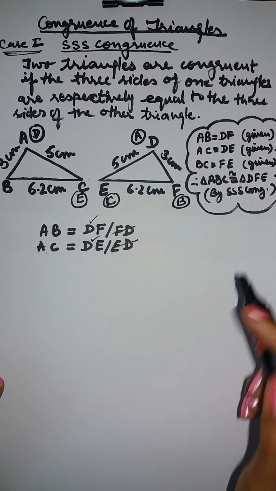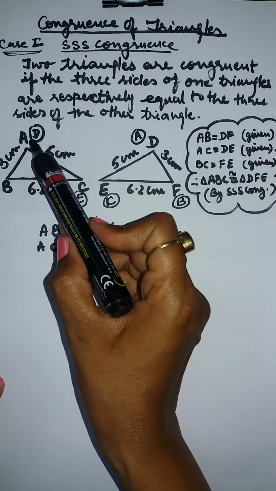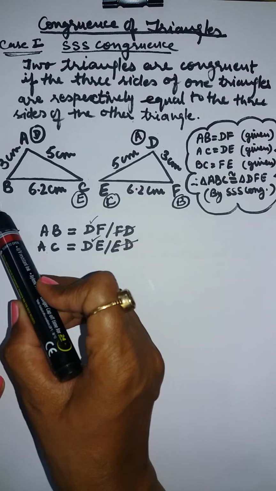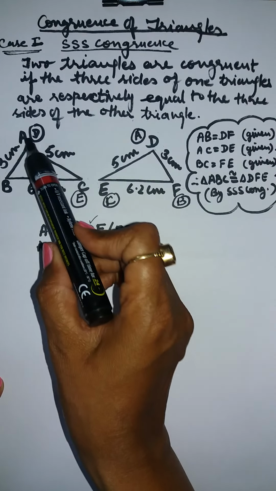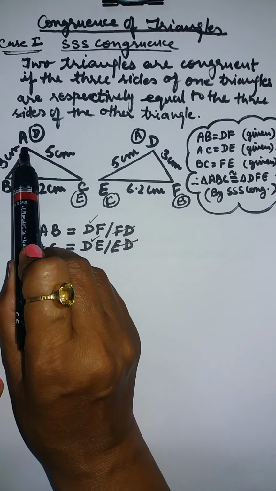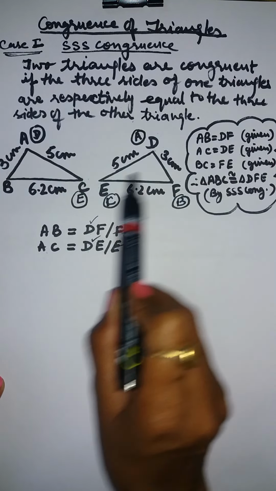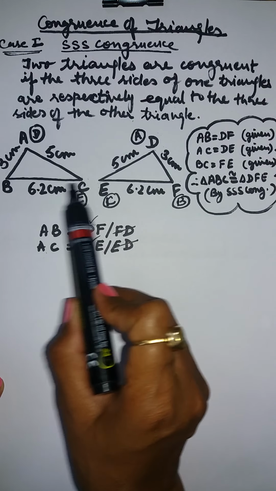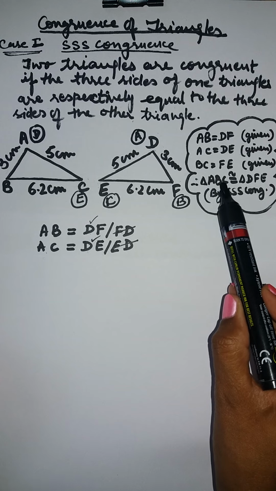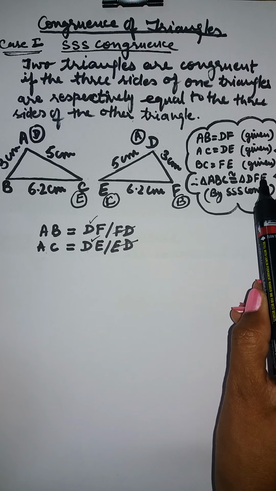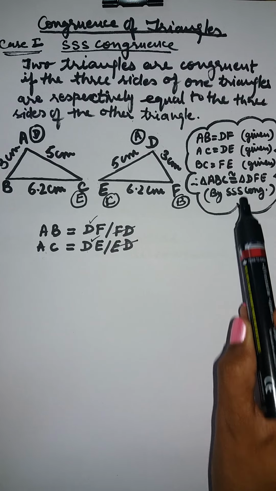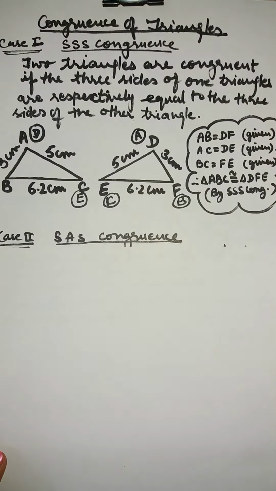And when we come to solve this question, we write it in this way. AB is equal to DF, which is given to us. This is the side given, equal to this side. Then AC side matches with DE side, which is written here. BC side matches with FE side. So we can say triangle ABC is congruent to triangle DEF by SSS congruency. It means side-side-side congruency. Case 2,